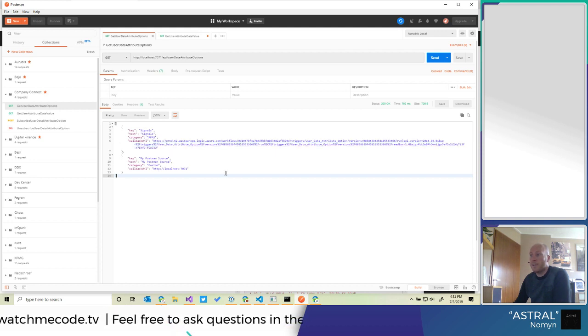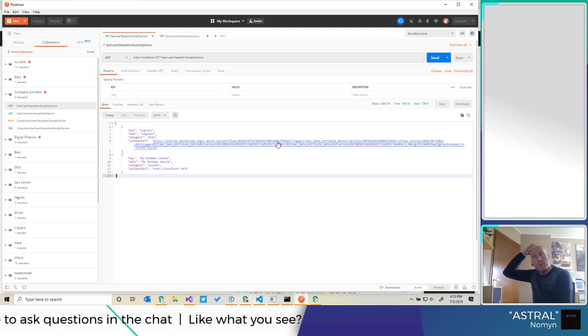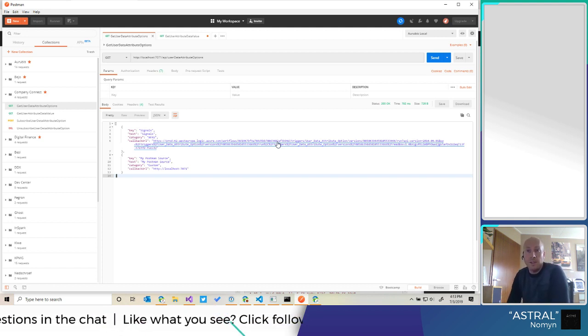And that callback URL has been registered through the custom connector, and this actually runs a logic app, or in our case we are using Flow to test it, but it could have been a logic app as well.